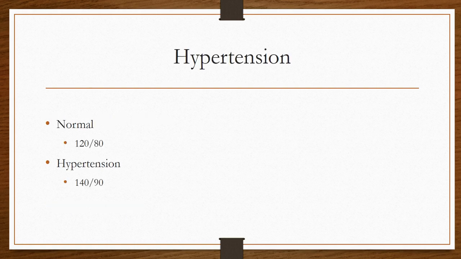The next disease process is hypertension. Normal blood pressure is 120/80. Hypertension is 140/90. This is not new to you guys. You have actually seen this in the field before. So